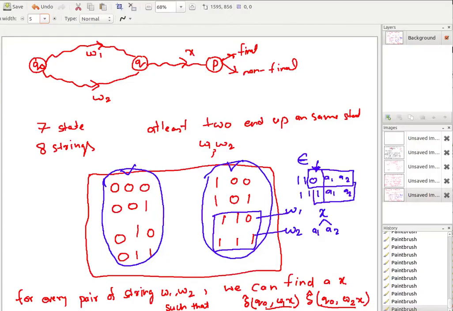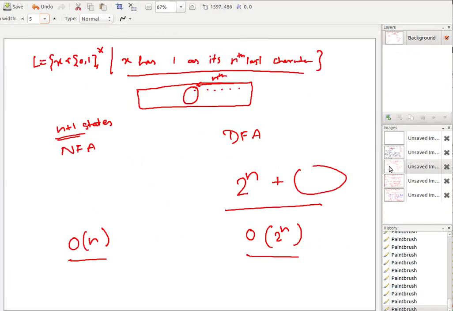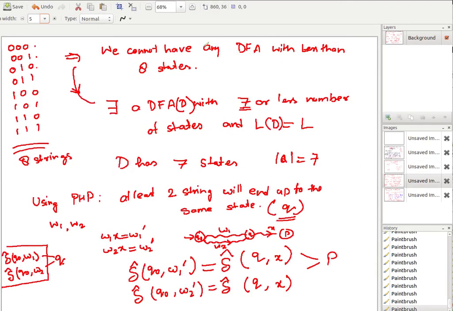I'll go back to the concept. Let me quickly give you the view from where we are coming and where we are going. We claim: can we have a DFA better than 2 to the power n? That was our theorem. We proved it for 3, and you can prove the same for the general case. We are saying, can we do it with better than 8 number of possibilities, that is, fewer than 8 states, and the answer is no.